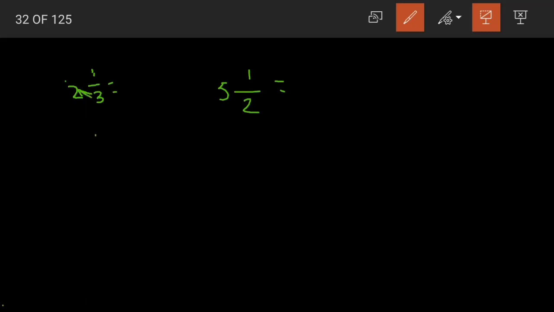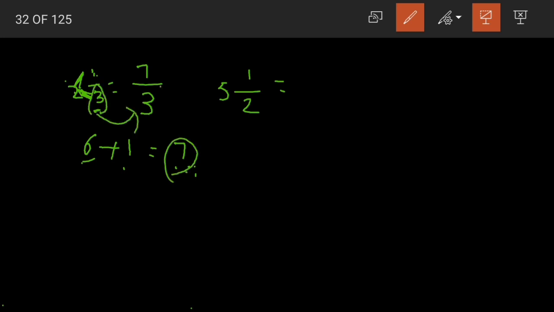Multiply the whole number and the denominator. 3 2s are 6 plus add the numerator. 6 plus 1 is equal to 7. Now this will be our new numerator divided by, what was the denominator here? 3. So the denominator will be the same. How did we get it? Multiplying the whole number and the denominator, 2 into 3 is 6. Then adding the numerator, 6 plus 1 is equal to 7. This will be our numerator divided by the denominator, 3 as it is.